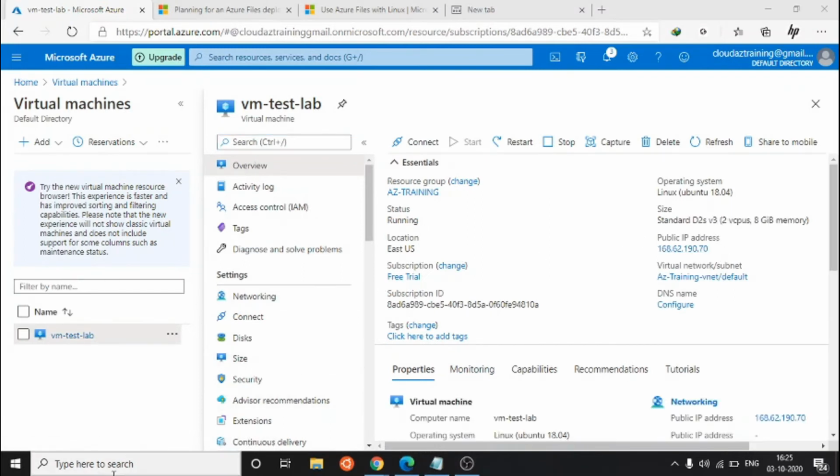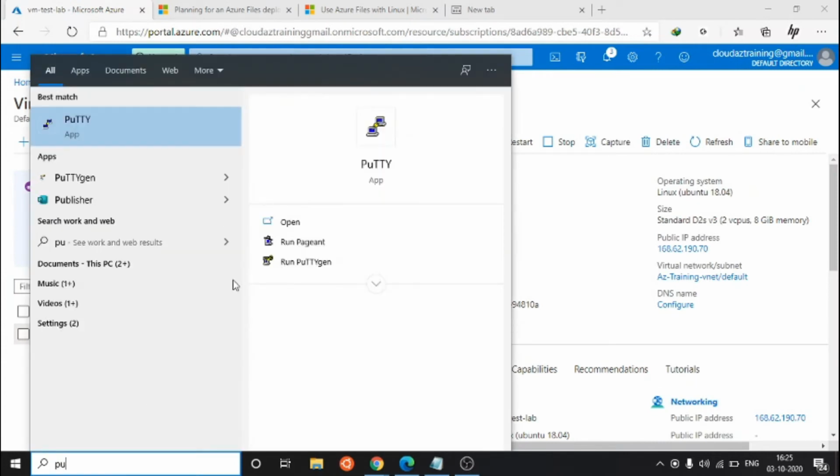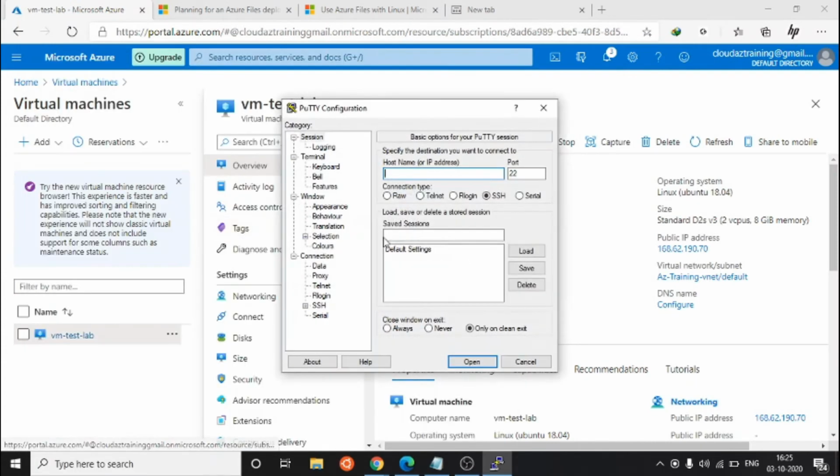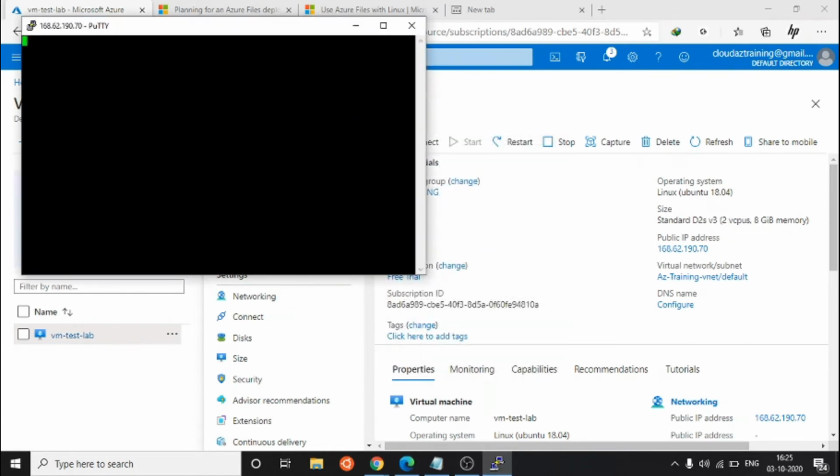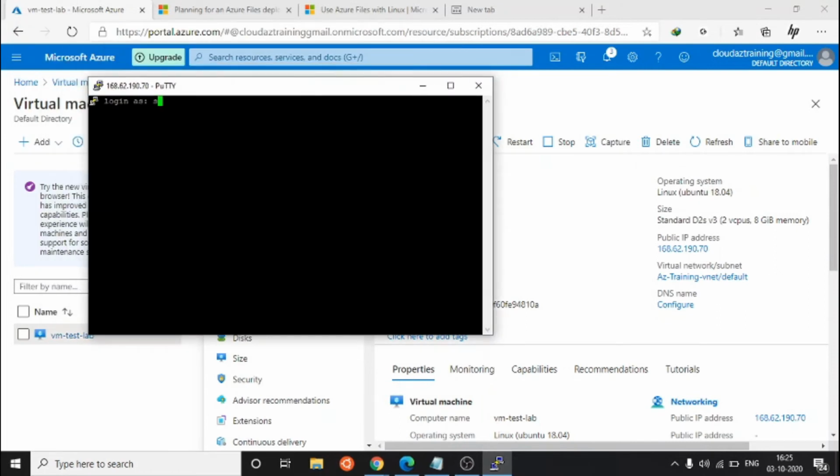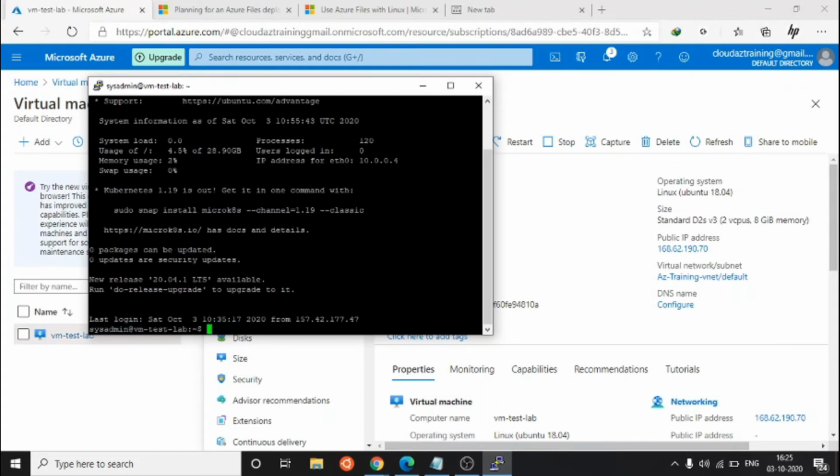Just open PuTTY and log into that VM. Give the username and password.